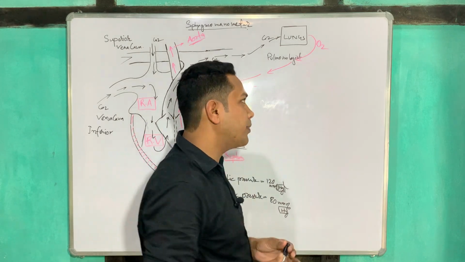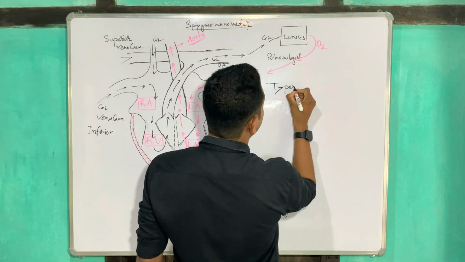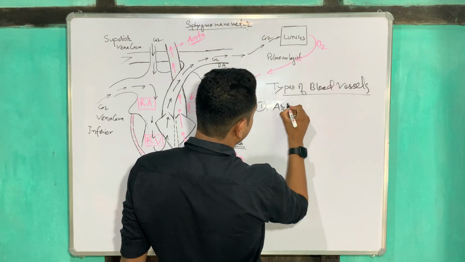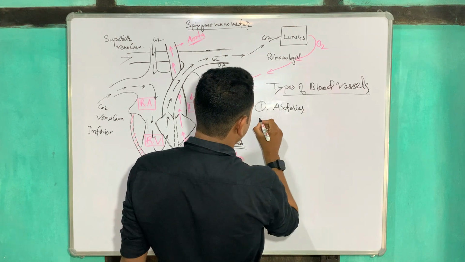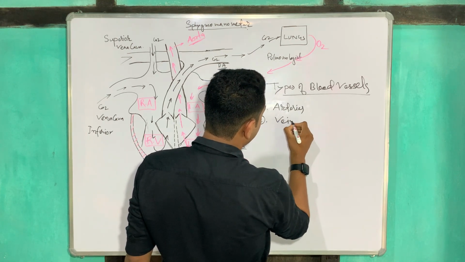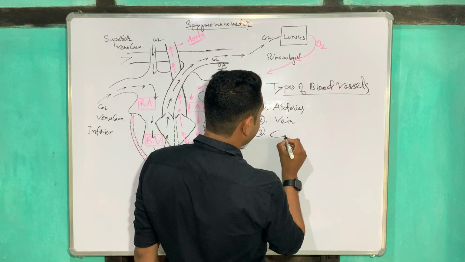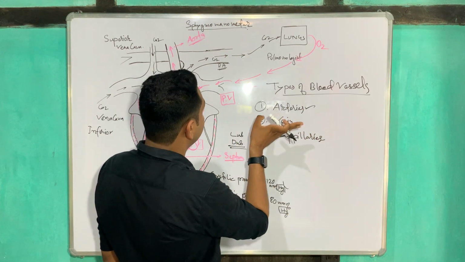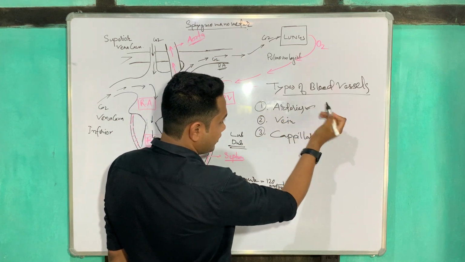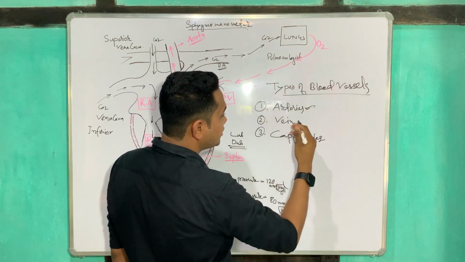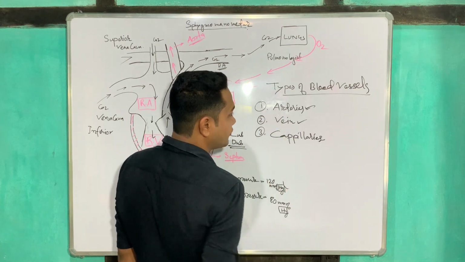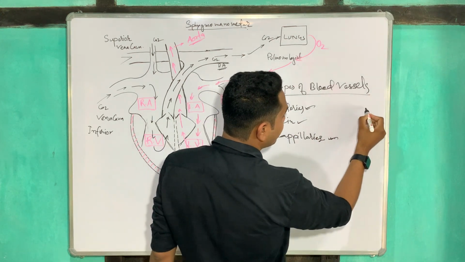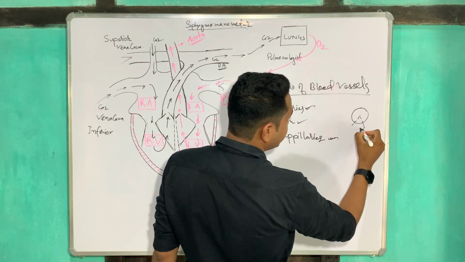Now there are three types of blood vessels. Do you know that? Number one is arteries, next come veins, next come capillaries. Arteries, through which blood comes out from the heart, are known as arteries, and veins, through which blood goes inside the heart, are known as veins. And the capillaries can provide the food or nutrients to each and every corner of the organ. That is why they are distributing type.